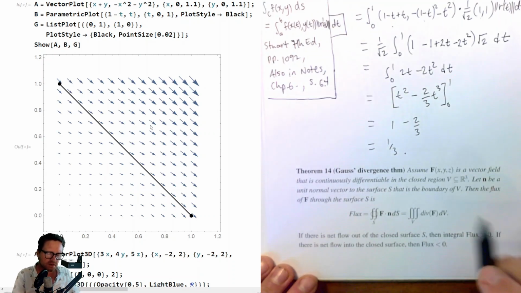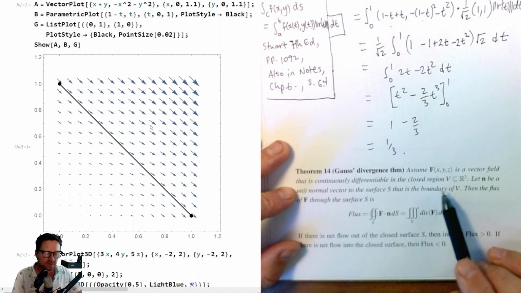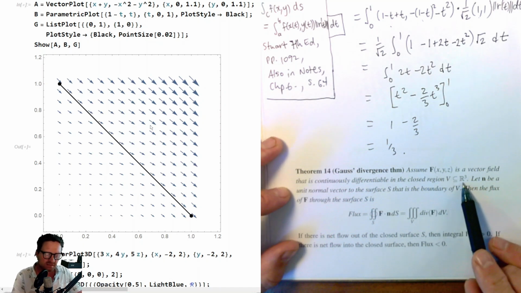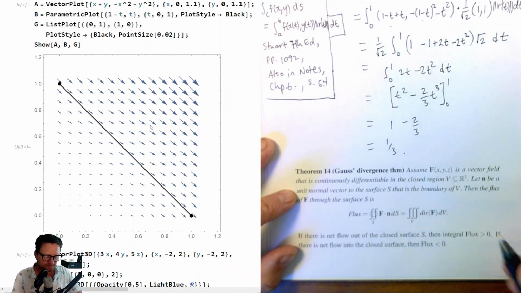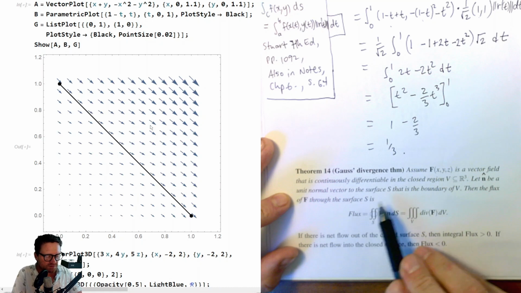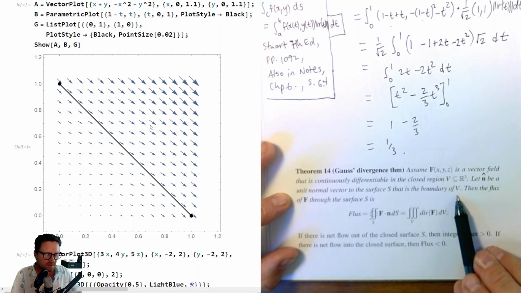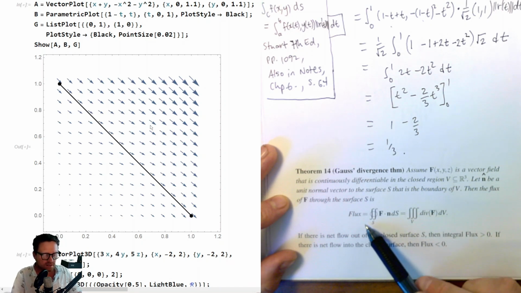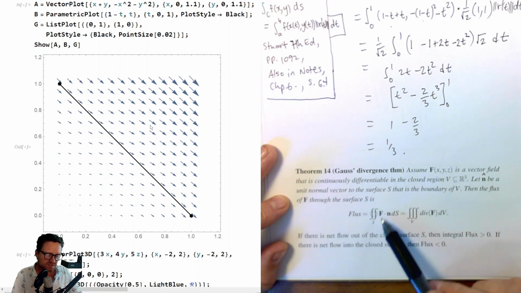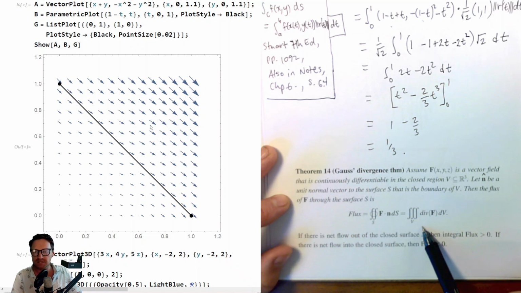Assume f of x, y, and z is a vector field that's continuously differentiable in the closed region V, a subset of 3-space. Let n be a unit normal vector to the surface S, that is the boundary of V. Then the flux of f through the surface is given by this integral about that surface of f dot n dS, but we can trade that in for a triple integral